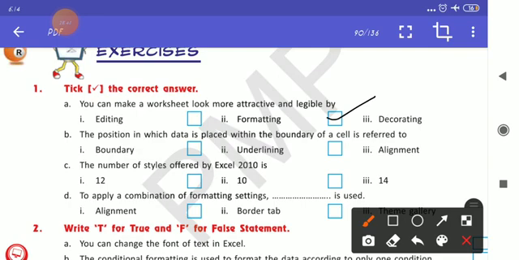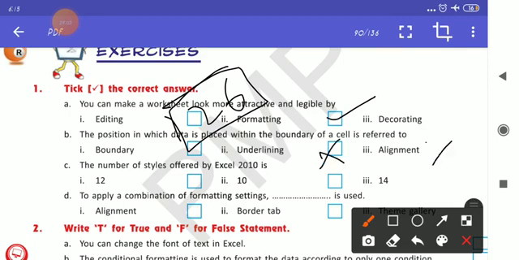The position in which data is placed within the boundary of a cell is referred to as what? Underlining? No, alignment. Alignment is what? Centering, right, left, or boundary of a cell. The question says positioning, so what is the position?